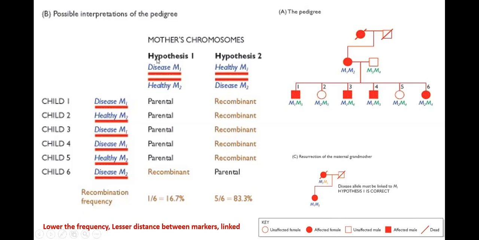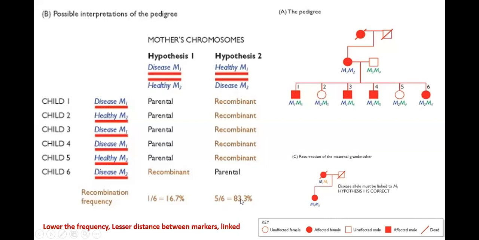Basically, they took two hypotheses: because it's linked and it is going generation to generation, it is associated. They assumed the disease is associated with the marker M1: disease M1, healthy M1. By looking at the pedigree, they divided recombination frequencies into parental and recombinant. They calculated the recombination frequencies and deduced M1 as the disease marker, because the lower the frequency, the lesser the distance between the markers and they are linked. If they are far away, healthy and disease M1, M2, far away on the chromosome,